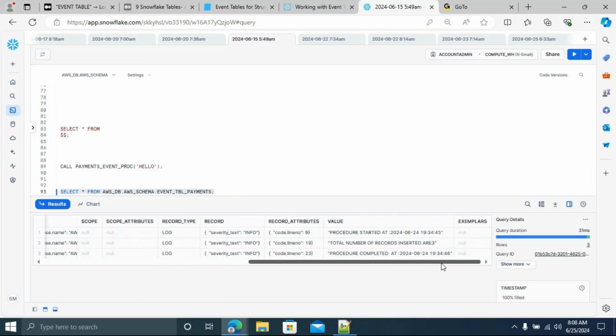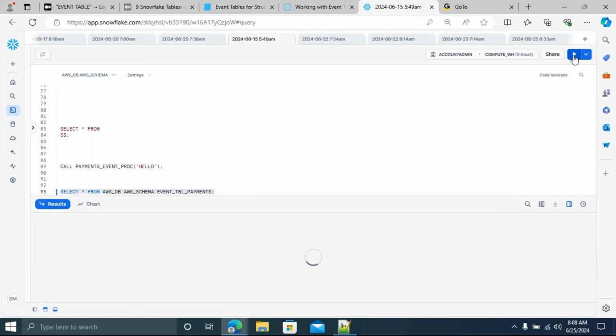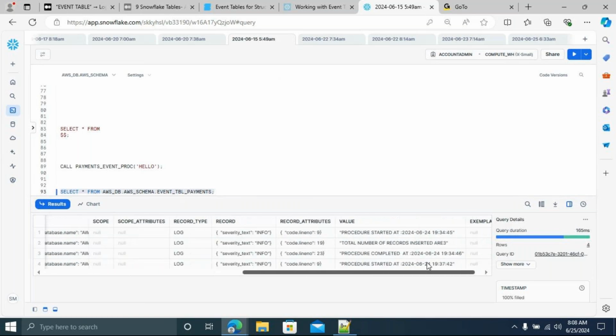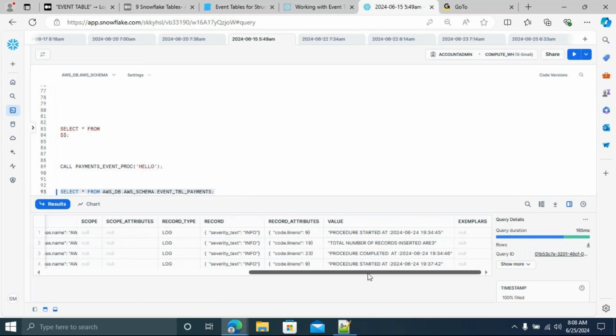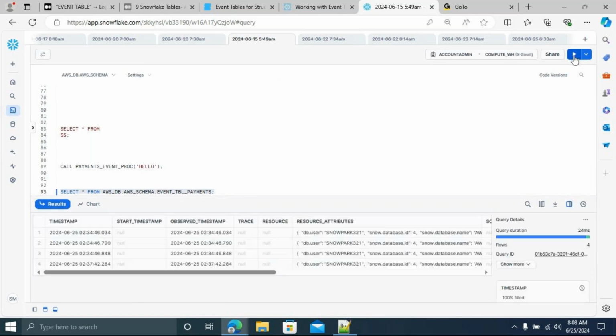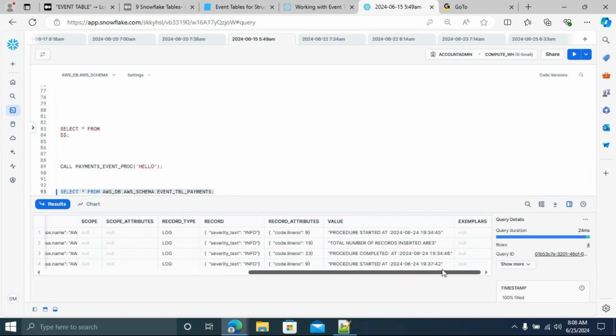Again it's giving, hey, one minute guys, I just want to check why it's not giving the timestamp again. Yeah, it's coming. I think it's getting delayed, guys. If you fire the query again on the event table, it's taking some time. Yeah, it's coming. Proc started this time.